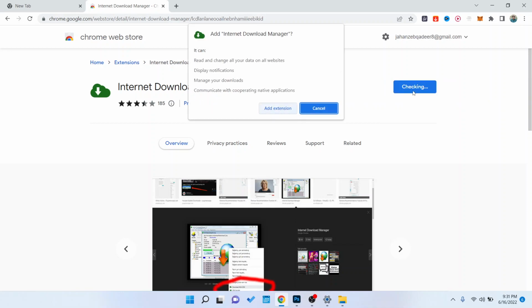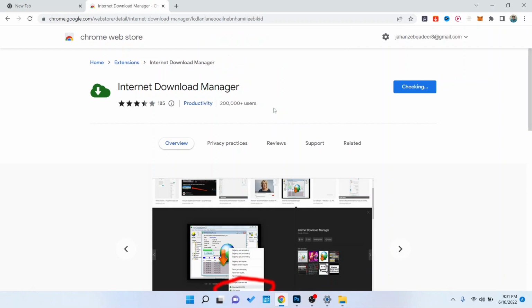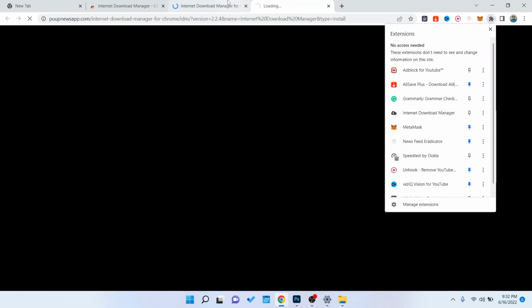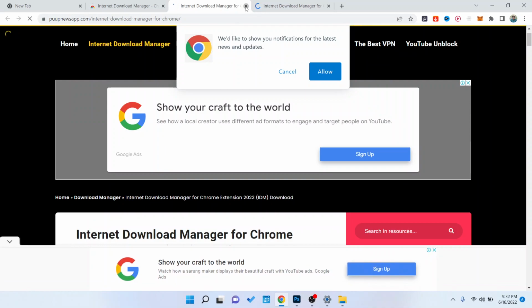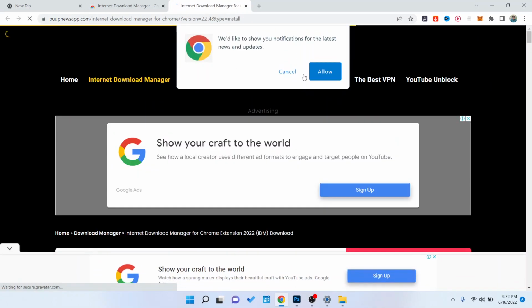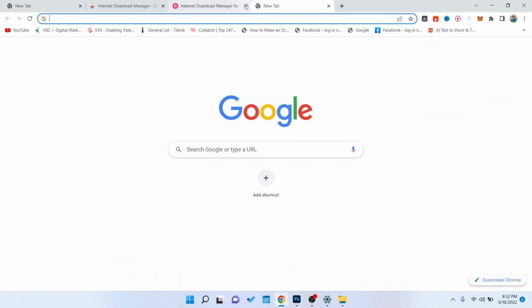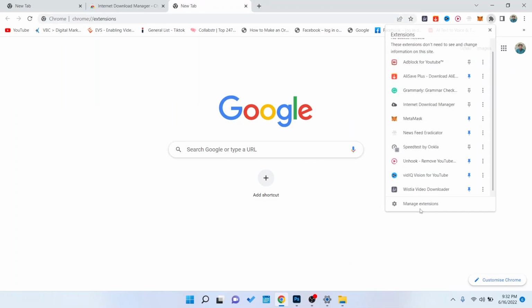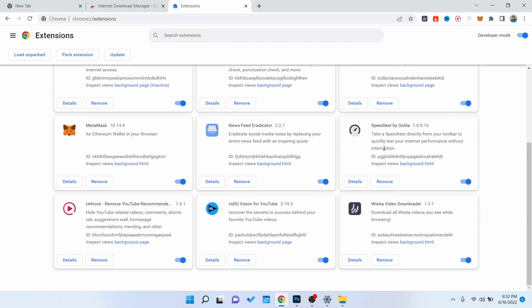Once you click on that, then you need to click on add extension and that extension will be added into your Chrome browser like this. Let me show you the IDM here. As you can see that, so click on allow and let's see the IDM here, or you can click on manage extension and here you